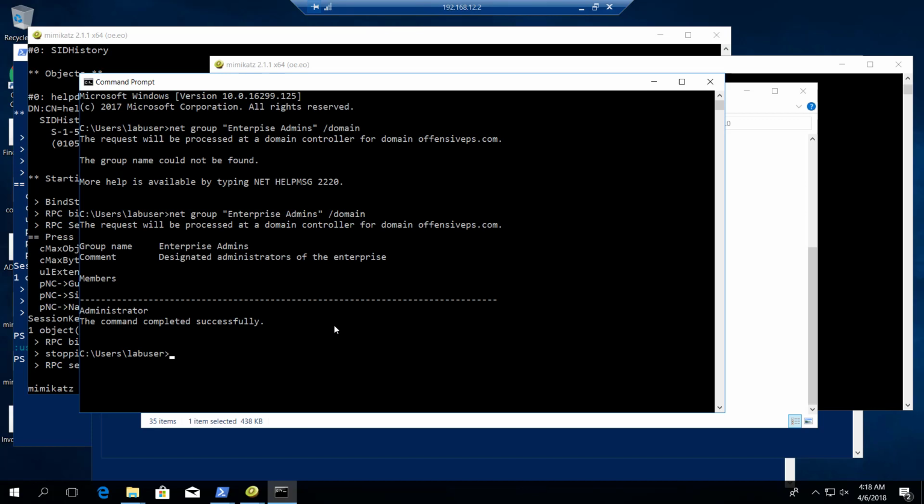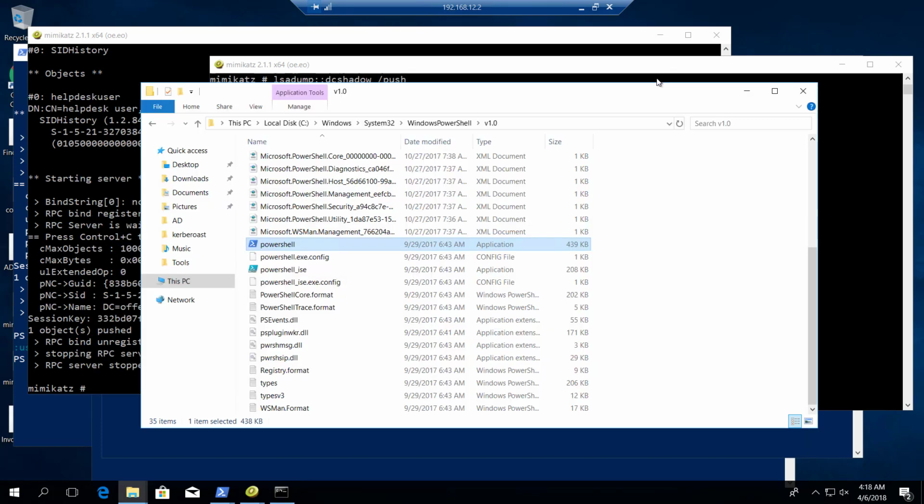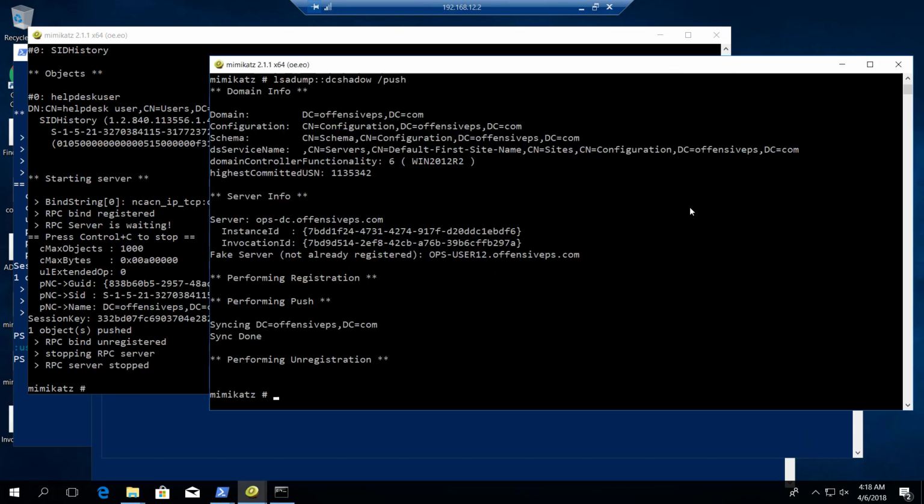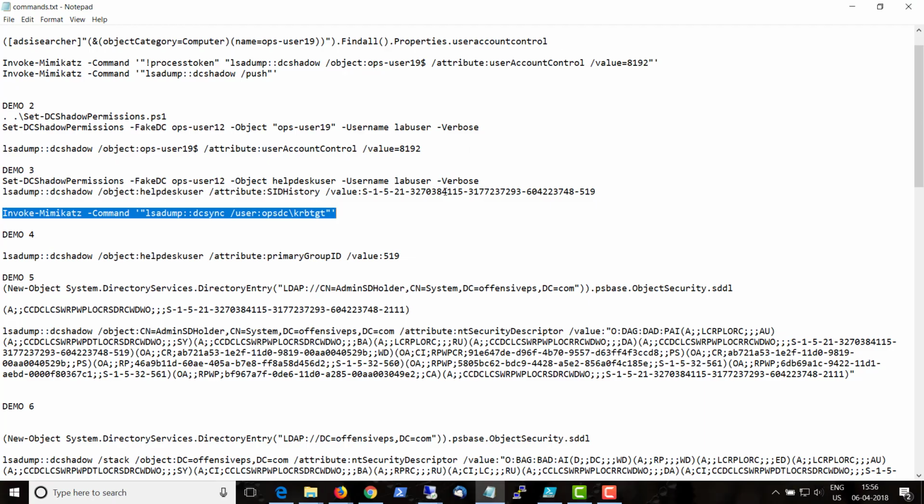Enterprise admins. So you can see here that the help desk user is not listed as an enterprise admin. That is, there is no group membership for the help desk user, but it still has those elevated privileges. That's the beauty of having the ability to modify the attributes. Now there's one other